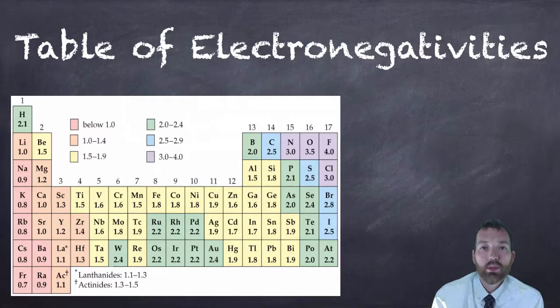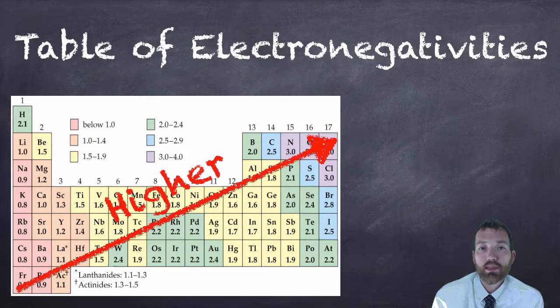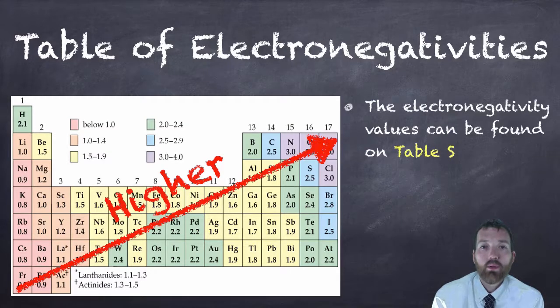And if you look at these numbers, we can see a trend. The trend is the electronegativities get higher as we go up and to the right. Now we learned about this in chapter 6. Electronegativities are higher as we go to the right because we have more positive protons pulling those negative electrons in tighter and closer. And as we go up, we have fewer shells, which means we also have less shielding. So the protons in the middle have more of an influence on other electrons in a covalent bond. And remember, you don't need to memorize these numbers because they're all on Table S. But it would help to know the trend, but you could always look up the values on Table S